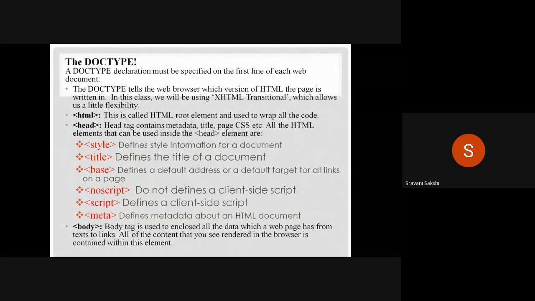Here we have six different tags. Let us consider title. Title should start the tag and should also have the end tag. Okay, I'll show you examples of these different types of tags which can be used in the head section.